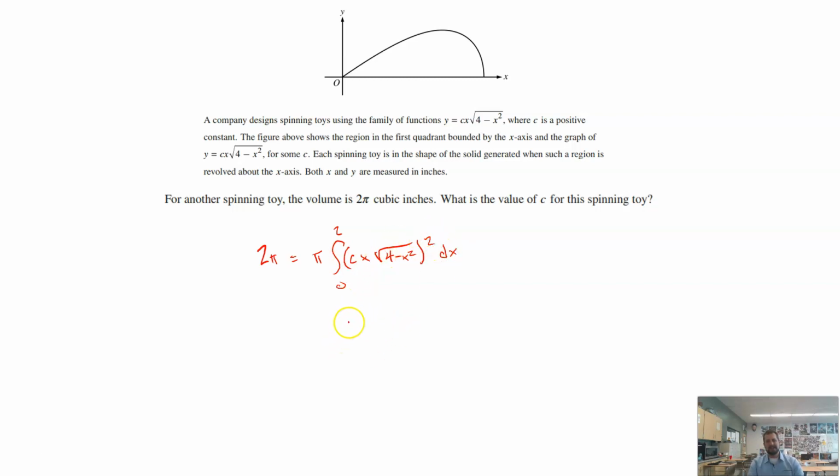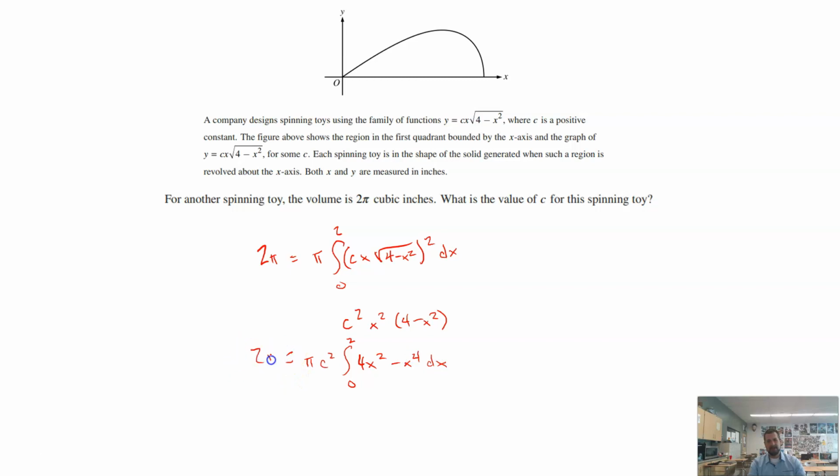When I square something, I square everything that's multiplying in the problem. I can move the c squared out in front, so what I really have is pi times c squared, because c is a constant, times the integral from 0 to 2. I'm going to multiply the x squared in, so I get 4x squared minus x to the 4th dx